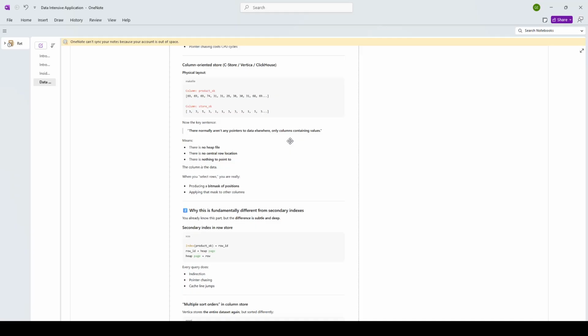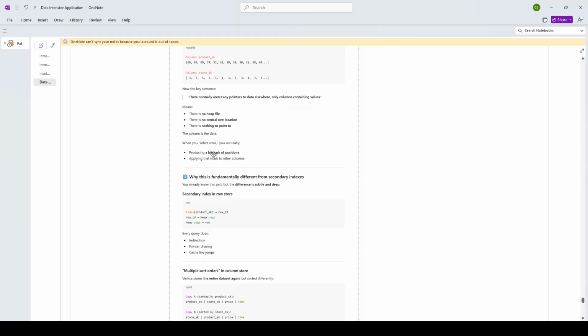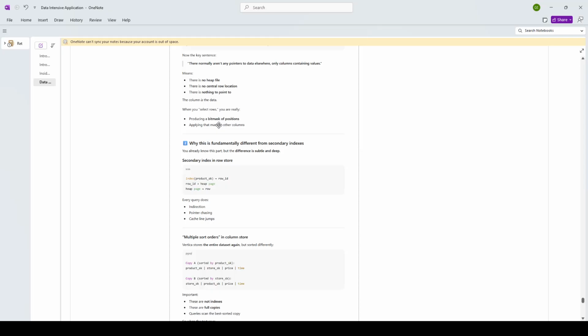There is no central row location. There is nothing to point to. So unlike B3, because the pages are mapped to a value, here we have no central row location. There's nothing to point to. The column is the data. When you select rows, you're really producing a bitmap, a bit mask of positions, because the rows are related